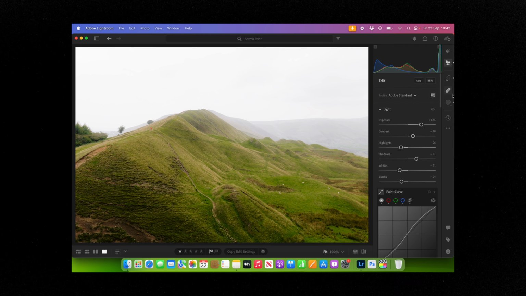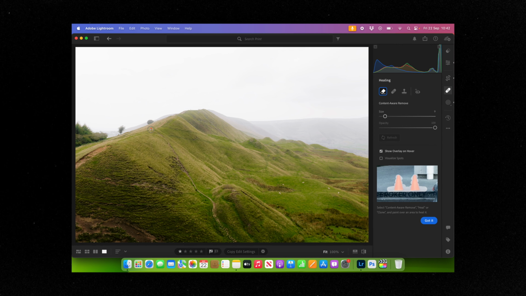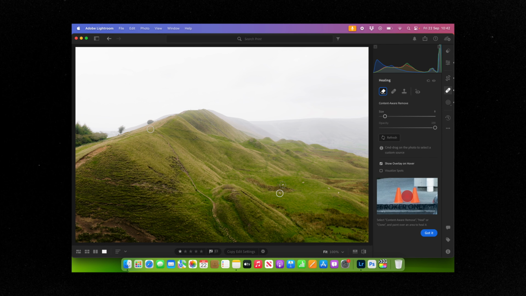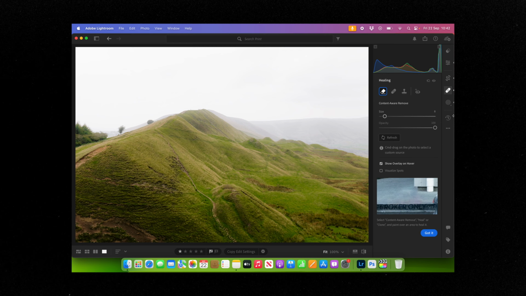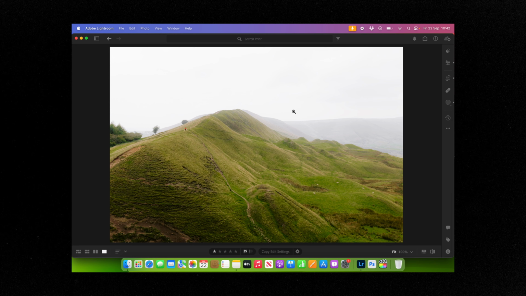So for example, if I was to get rid of this person, I'm just very quickly gonna roughly clone them out in Lightroom. If I get rid of the sheep as well, that image then, it just really doesn't do anything for me. It just looks flat. There's no nice light. There's nothing special about that image. However, you add in these little sheep and the person on the hill, and it just helps to show a